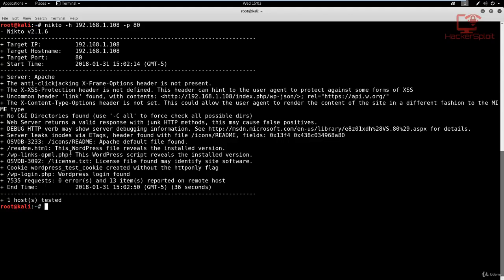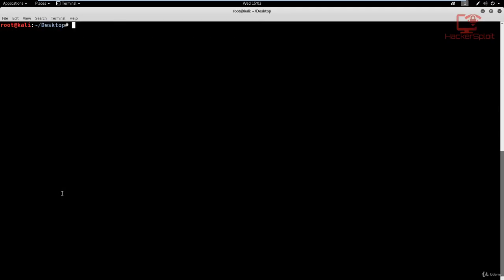Now, let's look at one more command, which is the output command, which is very, very important. So we're going to try and output this on the desktop. So I'm just going to change my directory to my desktop, like so, and let me just clear the terminal. So we're going to use the same command, which is Nikto -h, which is the host